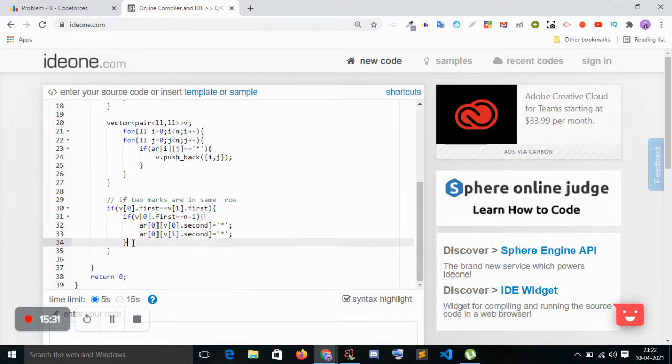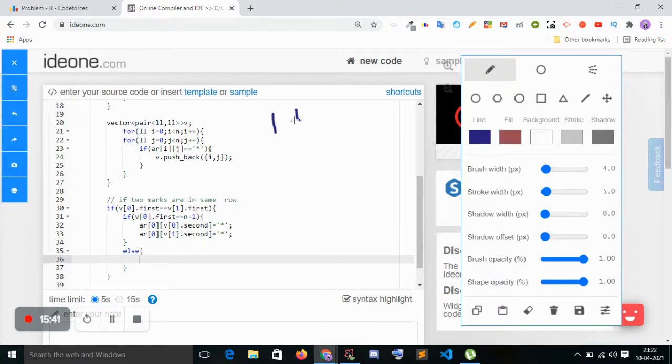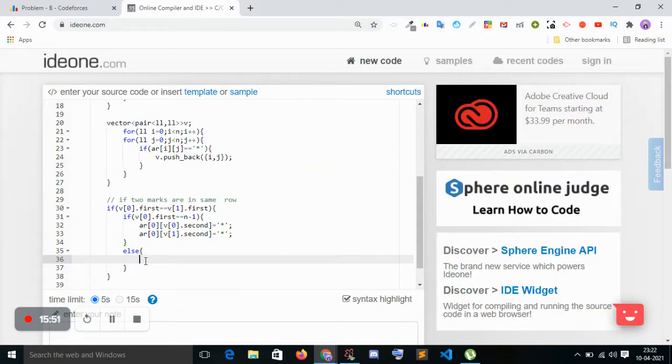This is an edge case, so we should do the else after it. If it is not in the last row, if it is in between 1 and n minus 2, I can make a rectangle by just putting row n minus 1 in the same column. So array of n minus 1, and I will do the same thing here.